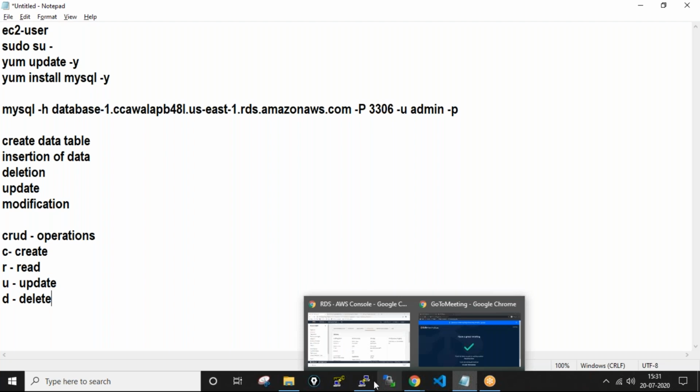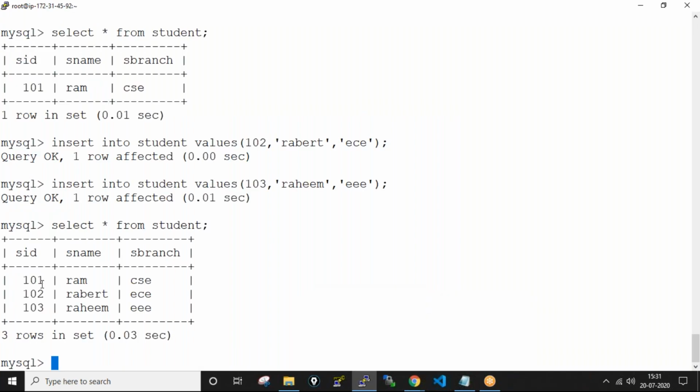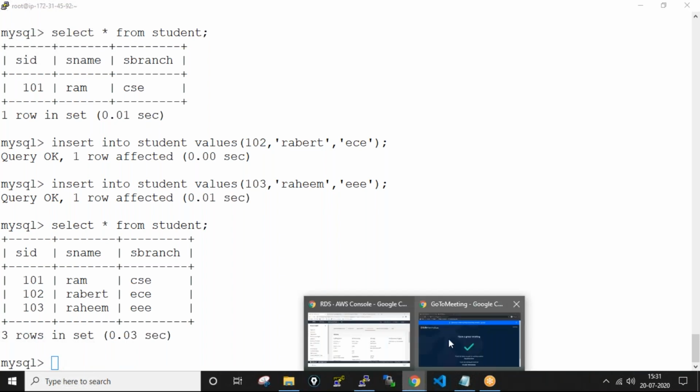Okay, so now I want to update the values, as this 101 to 201. So how to update? So update. I forgot this query, so I will go with Google. So update SID. Let me go with Google.